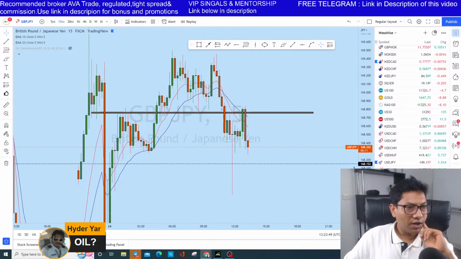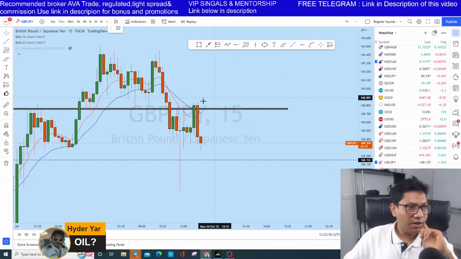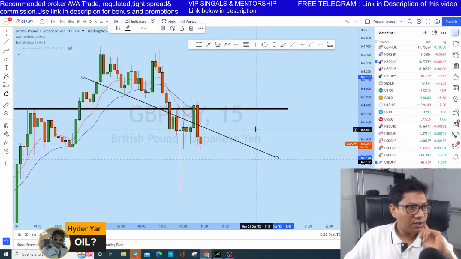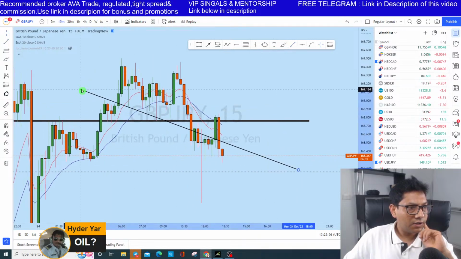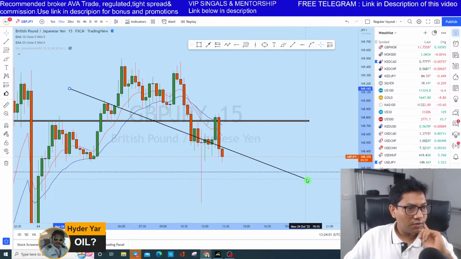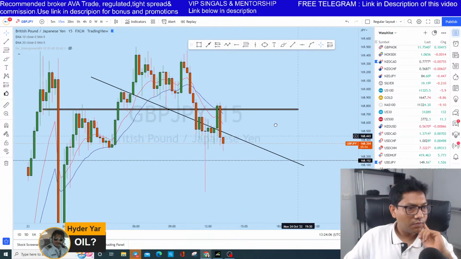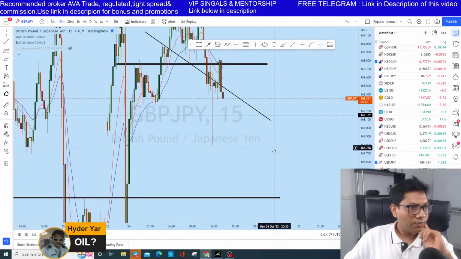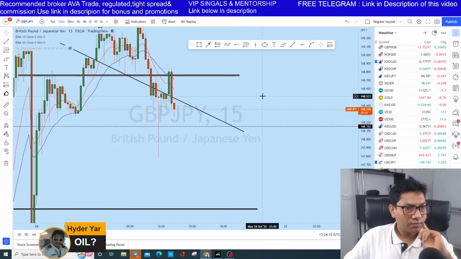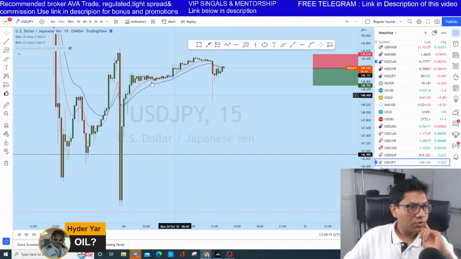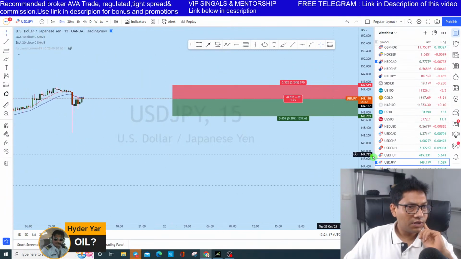So if you look at the GBPUSD again on the 15 minutes, what you can see is that price is in fact respecting this level. So on the dollar yen side,